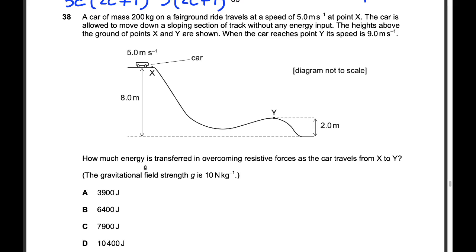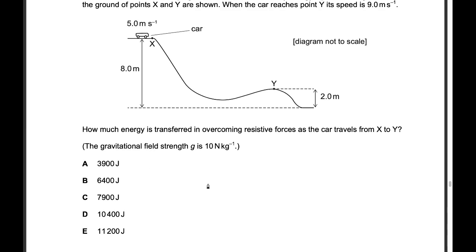But we don't really need to worry about the size of the force. We can just use energy conservation to work out this loss of energy. So at the start, we have two types of energy. We have kinetic, and we have gravitational, right? We have a bit of each. So